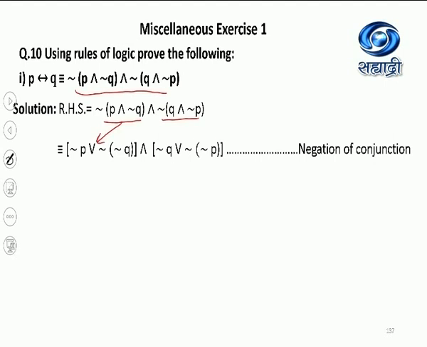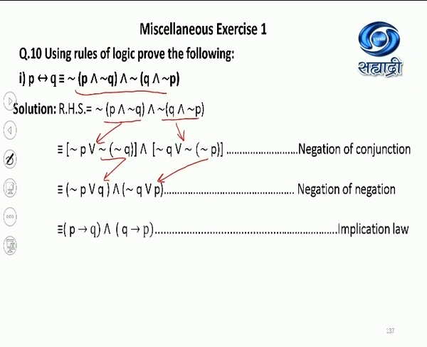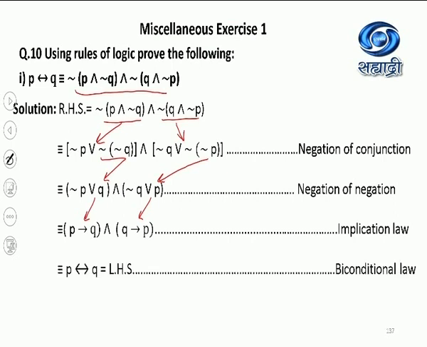Now negation of the first bracket will be negation P or negation of negation Q. Negation of Q and negation P will be negation Q or negation of negation P. Negation of negation Q is Q. Negation of negation P is P by the negation of negation law. Negation P or Q, now you have to remember it is the implication law. And negation Q or P is Q implies P. See how the two different brackets have got converted into P implies Q and Q implies P. And we all know from the algebra of statements, it is equal to P if and only if Q.